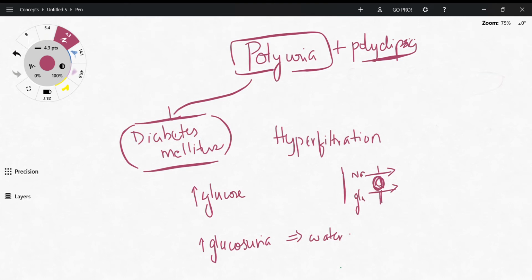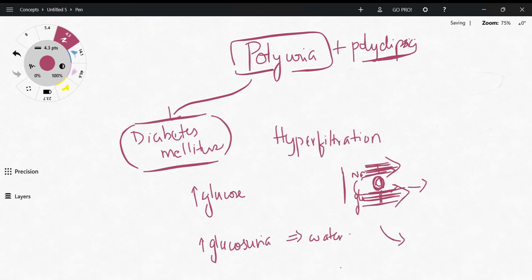Now, what happens with diabetes mellitus is that there's going to be excess glucose, and the renal tubular cells are going to be attempting to reabsorb a lot of glucose, because normally you shouldn't have glucose in the urine, and that causes sodium to go